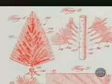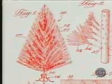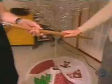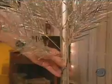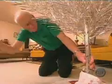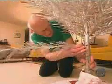His job? To design the very first assembly line aluminum tree based on a handmade original spotted in Chicago. When you first heard this idea, did you think it was absolutely nutty? No, I loved it. You loved it? I thought it would be real interesting. In the end, Evergleam's evergreen wasn't much more than a wooden pole with holes drilled into the center for its branches. And as for the tinsel,